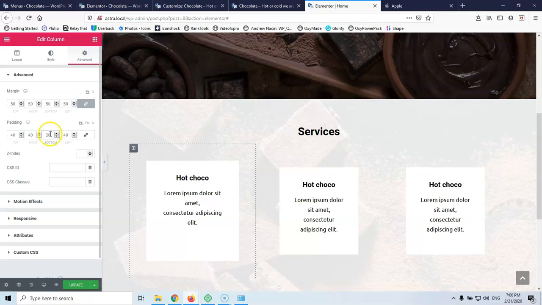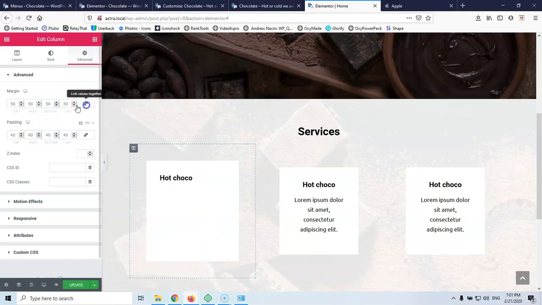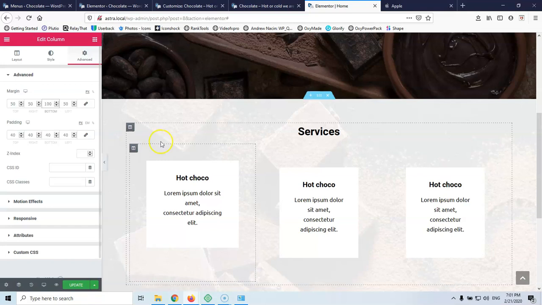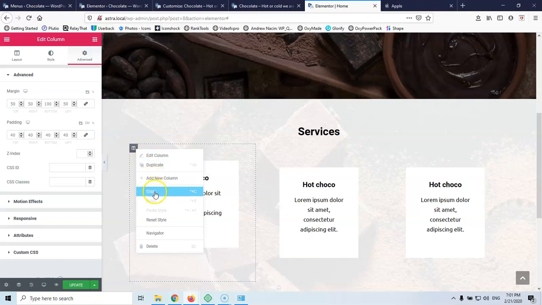Okay, this should change, but it didn't. Okay, it's leaving some space here that I don't want, and let's go for a little bit more padding here. Okay, something like that. Now I will click here and right click here, and I will select copy, and then